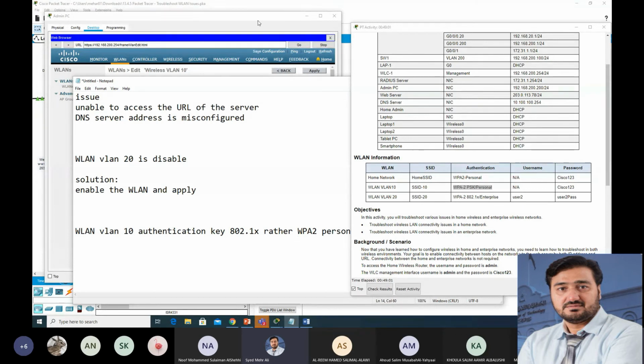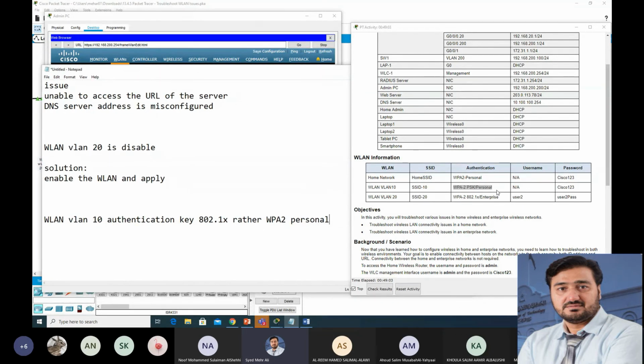So as per the given guideline, as per the given instruction, it should be WPA2 PSK personal. It should not be 802.1x.